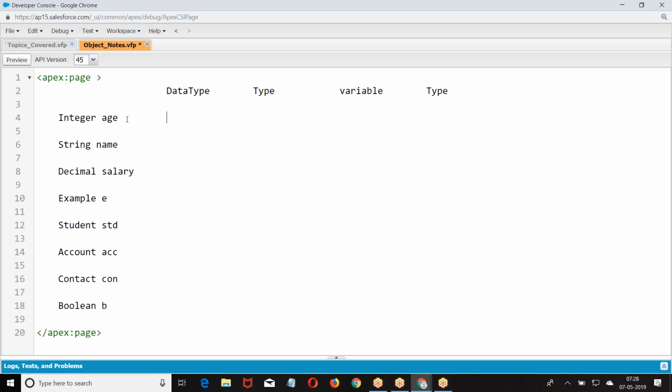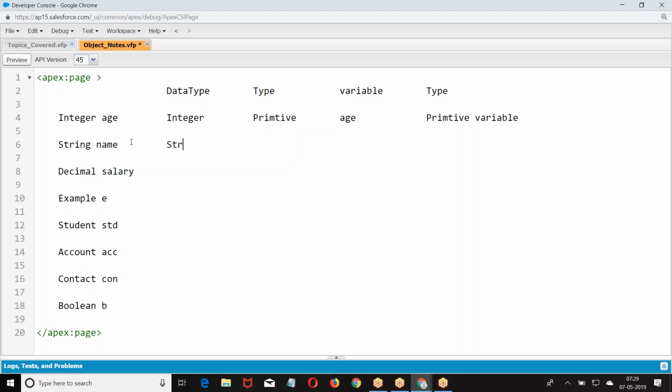Now here, integer. What type of data type is this? Now the variable is age. What type of variable is this? Primitive. Why primitive variable? Because the data type of age is primitive, so the variable becomes a primitive variable.